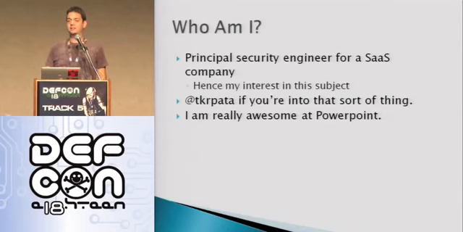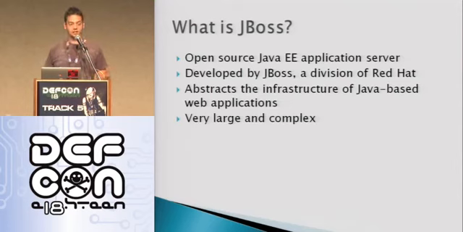What ended up happening in the last 6 months or so was like the world of JBoss security kind of exploded. It's by JBoss, which is now a division of Red Hat. And basically what any of these application servers do is abstract the infrastructure so that the developers can focus on just writing business logic. JBoss specifically is like really big and complex. There's a lot of stuff in it. You could look at it for a long time and not see everything. And I think that's where some of the issues we're going to talk about come from. There aren't a lot of straightforward ways to do a lot of things.